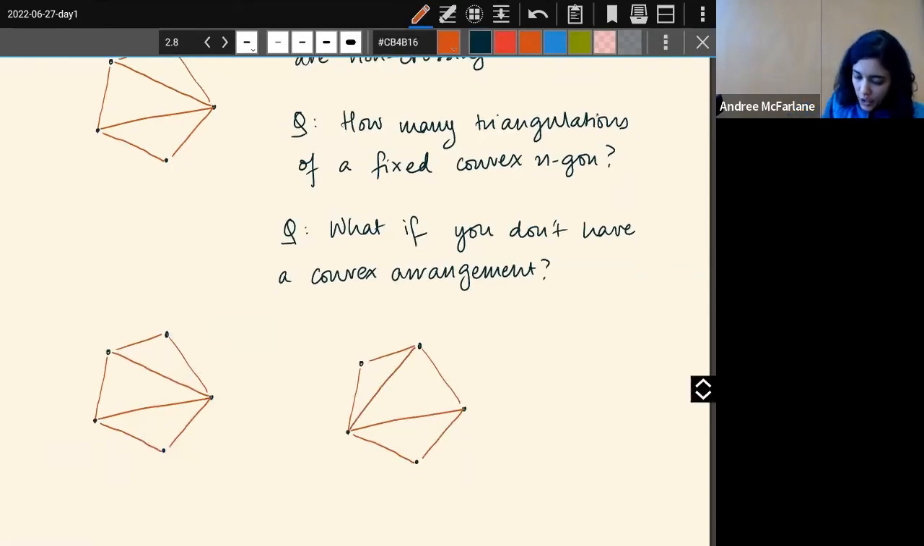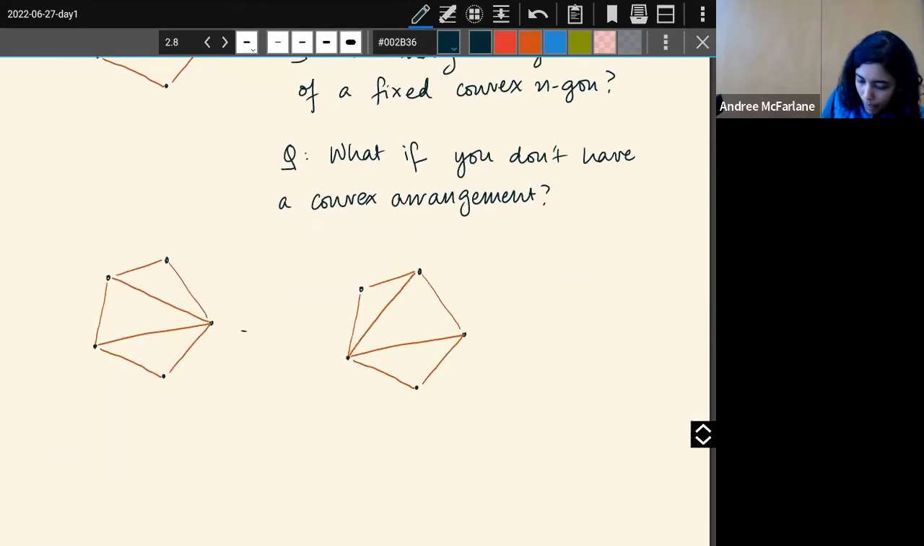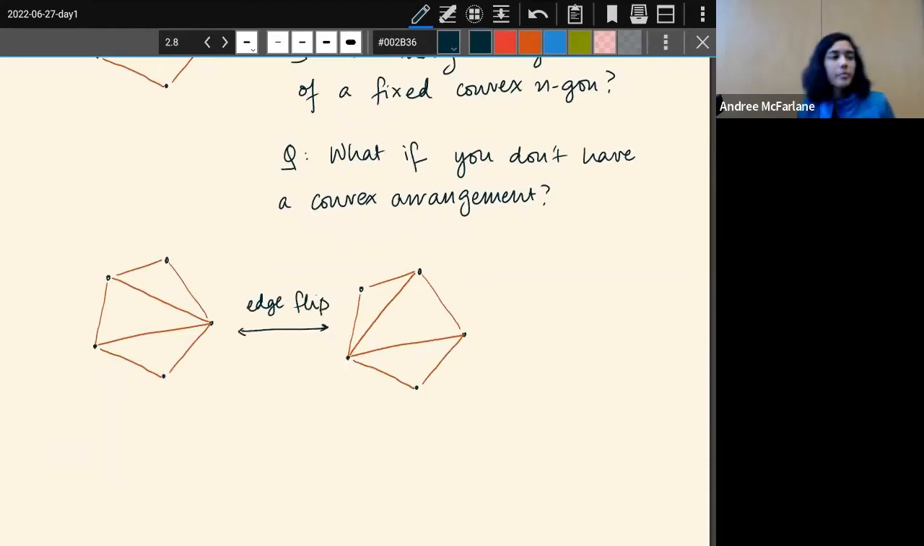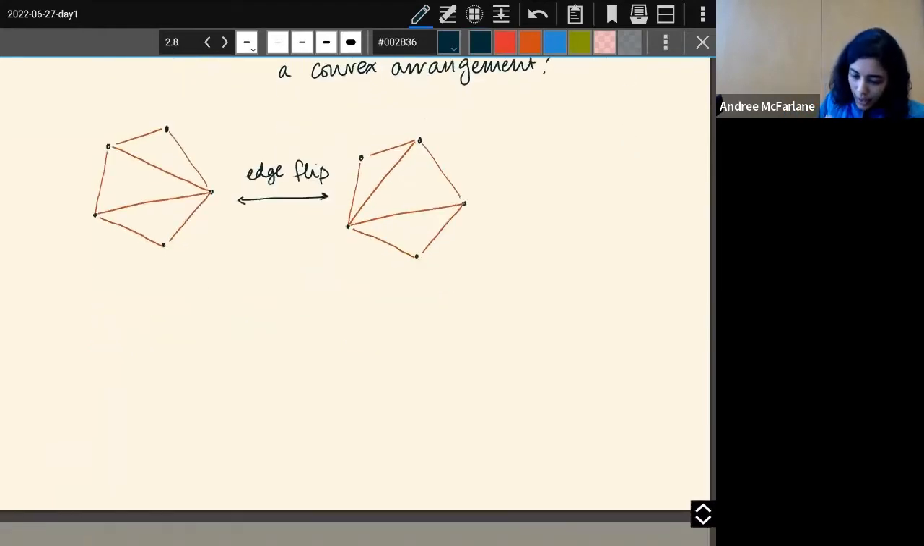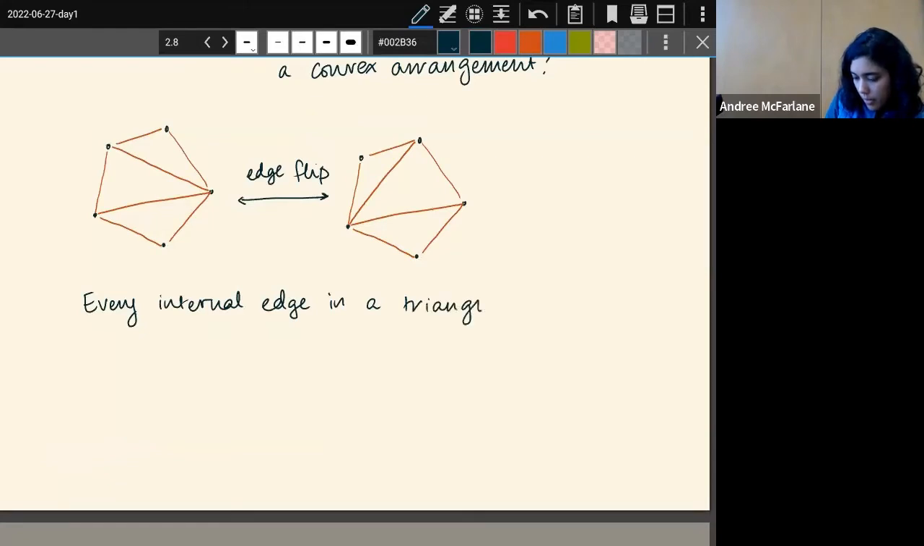So this here is an edge flip. Okay, and just to spell out what this means, every internal edge in a triangulation has a unique flip, meaning